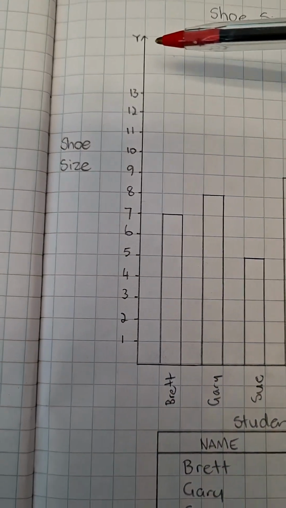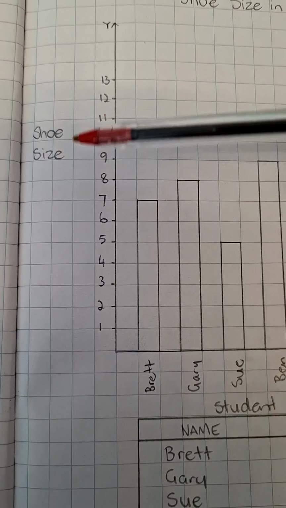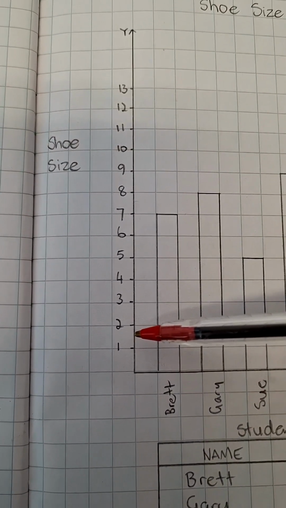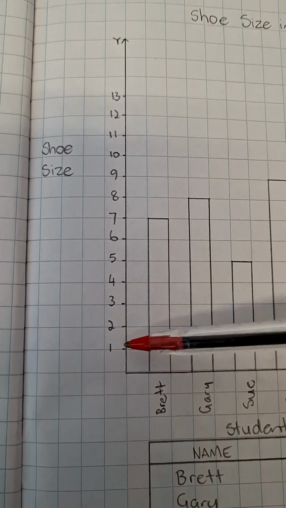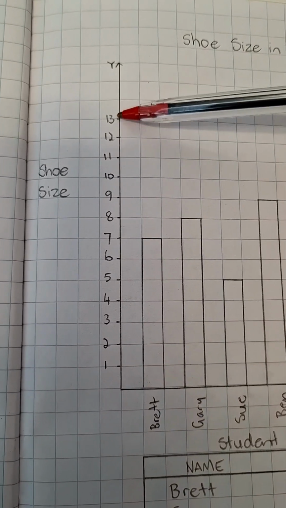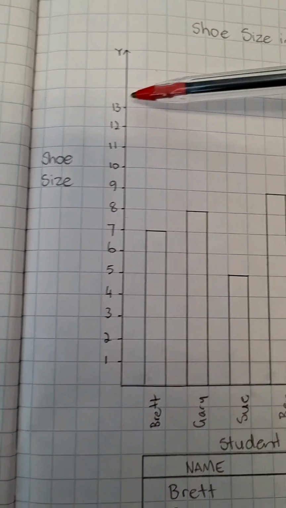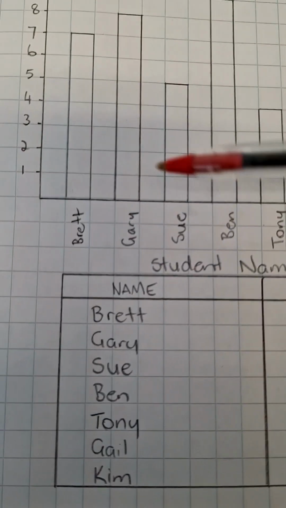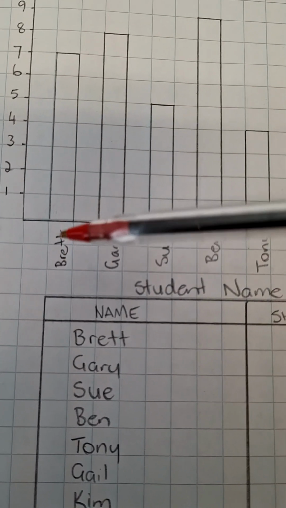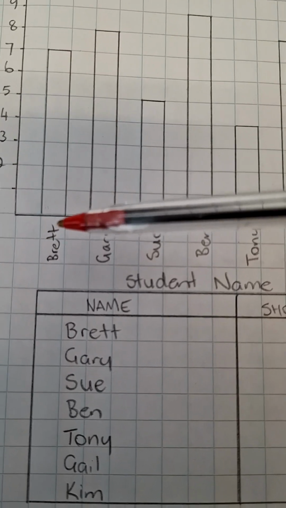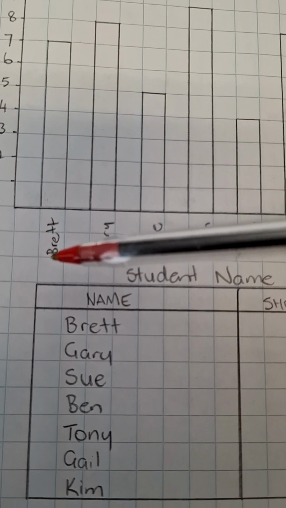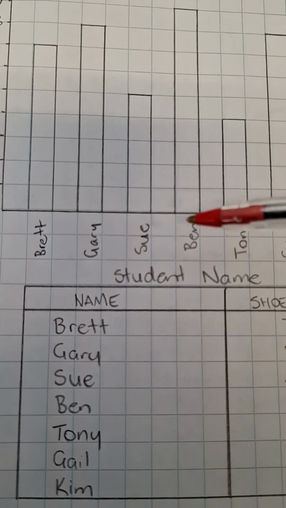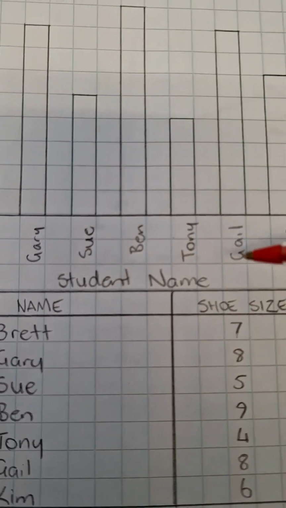Now, our y-axis also needs a label. In this case, it'll be shoe size. So you can see on the y-axis here, I've gone from shoe size 1, 2, 3, 4, all the way up to shoe size 13. And on the x-axis, we've got student names. Now, I haven't really had room to write them horizontally like you'd expect, so I think it's perfectly acceptable to write them vertically like that, so that they fit neatly into the space that you're going to use for each